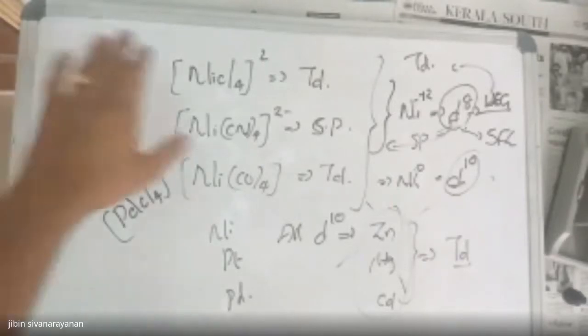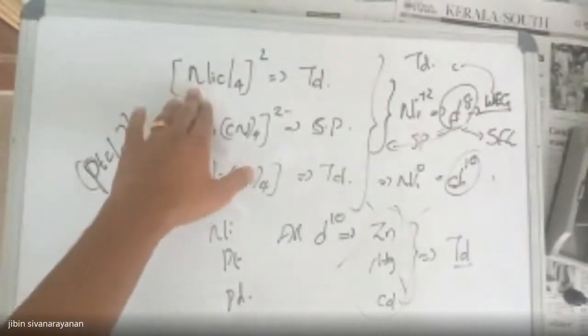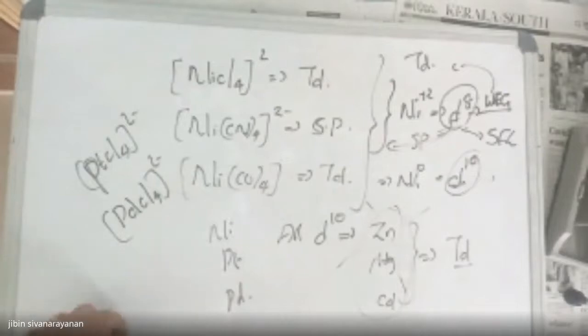So your answer is correct. These two complexes are square planar. Why it is so: nickel is in the first row transition series, and there are second and third row transition series, that is platinum and palladium. Whatever variation I have said for nickel, that is D8 configuration with strong field and weak field, and the variations for all other configurations, D1, D2 up to D9, happen only for first row transition elements.